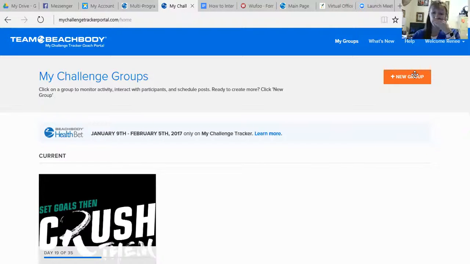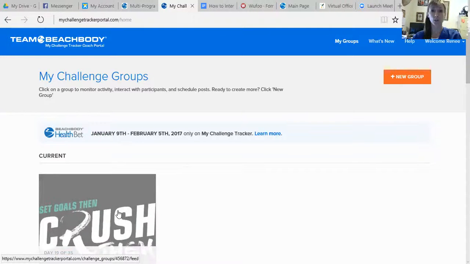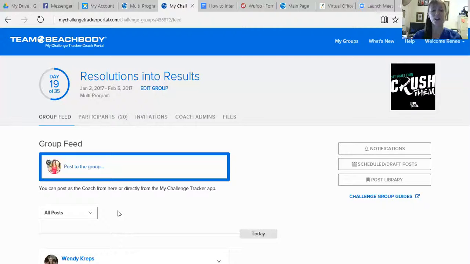on the phone. So when you sign into your app, all your groups will actually show up on your screen here, and you just click on the group that you're in, and it'll bring up, in just a minute, you have to wait for my internet, it's a little slow, all the posts. So this is basically the same way you're looking at it on your phone, but